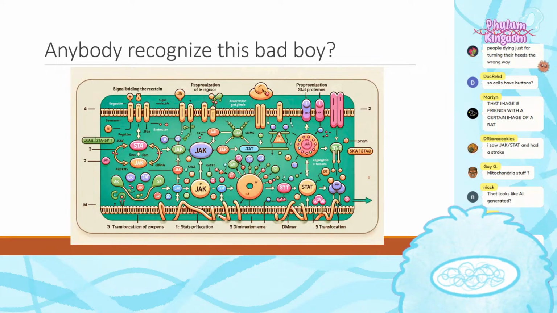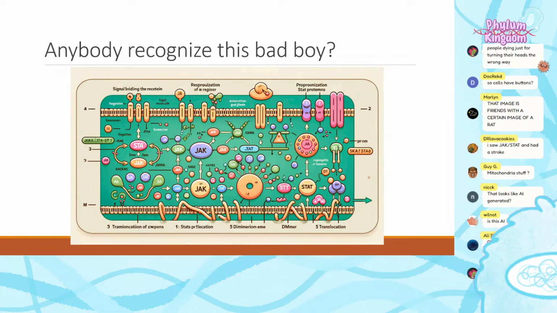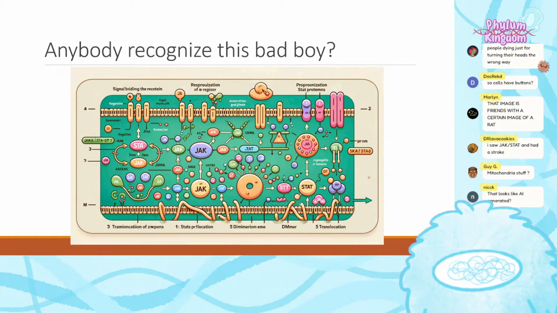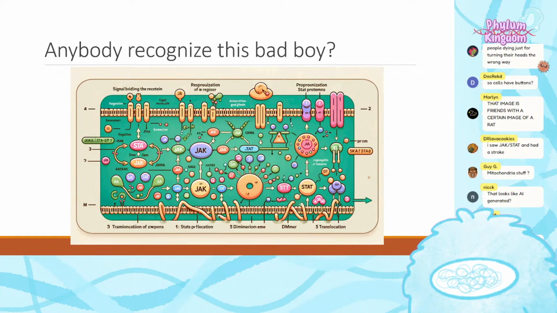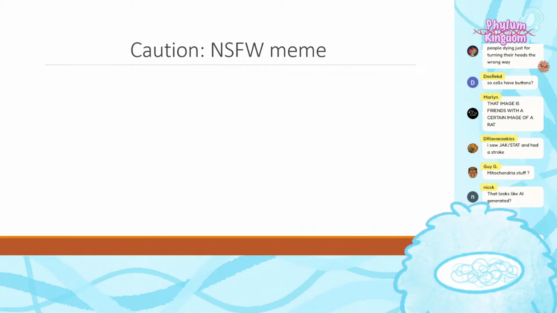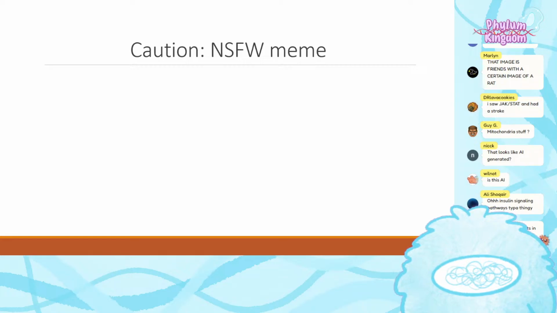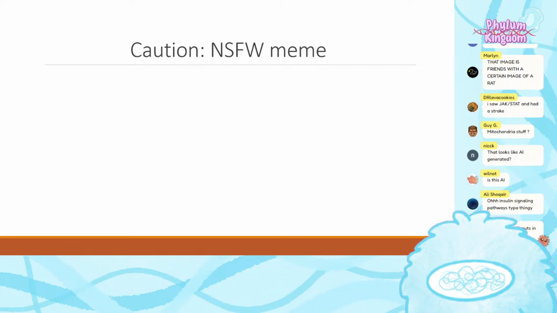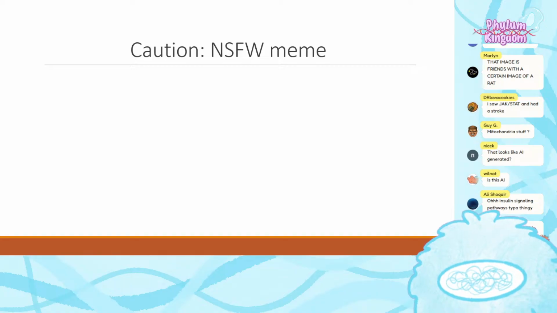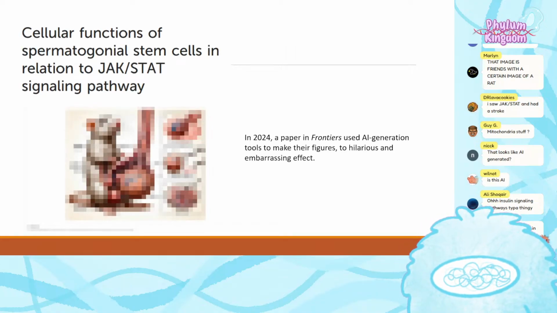This looks AI generated. Is this AI? Yes. Congratulations to all of you who identified this as AI. You did a better job at reviewing this paper than the Frontiers reviewers did. Here's a warning, not safe for work if you are in public. What I'm about to show is pretty graphic. It's the other AI generated image from this very paper. So 3, 2, 1. Yeah, I censored it anyway, just in case.